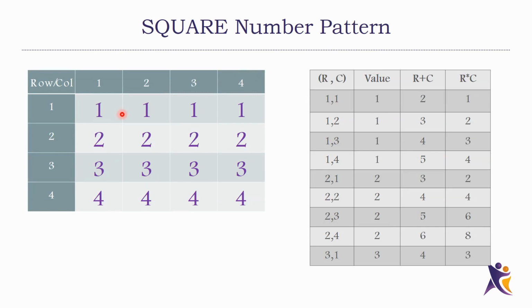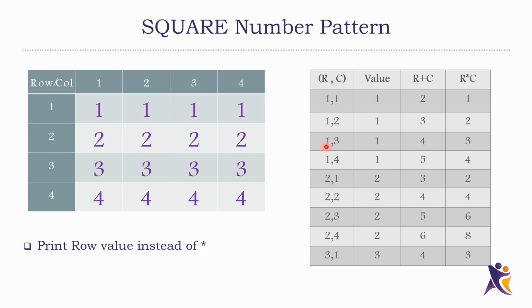If you look at this pattern, 1 1 1 2 2 2 3 3 3 4 4 4, by looking at this itself we can easily tell that for the first row, row number 1, I'm going to print only 1. For row number 2, I'm printing the number 2. For row number 3, I'm printing 3. So the logic is very clear: inside the loop, inside the printf, I'm going to print the row number instead of a star. If you want to print this kind of number pattern, you simply print the row value instead of a star.